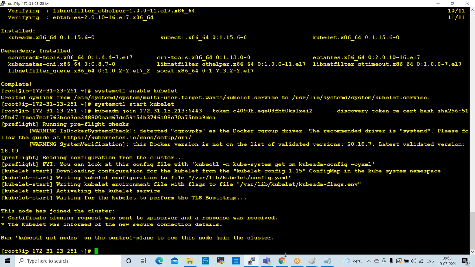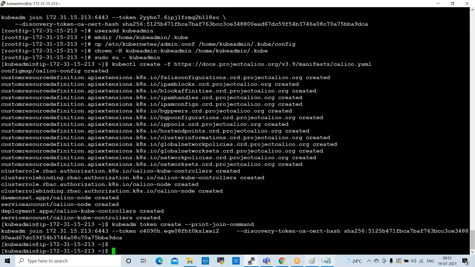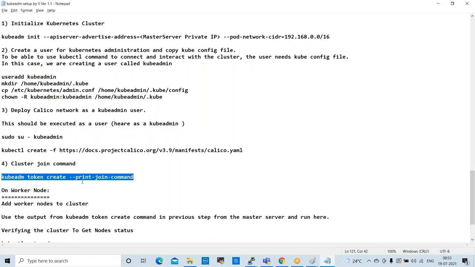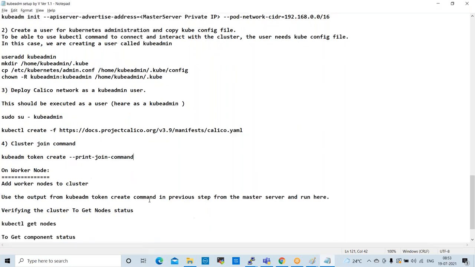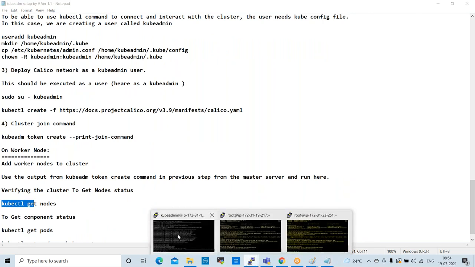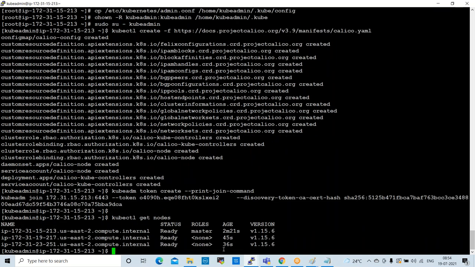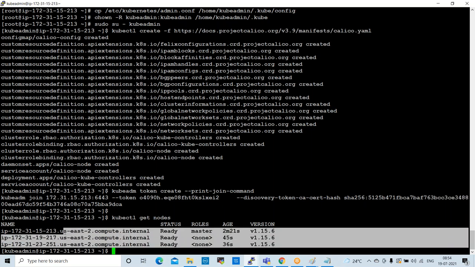Right? Now, yeah, our cluster is configured. So when we execute this command, it generated one more command that we can execute on worker servers, node servers. Now our cluster is ready. So now if you check this command, kubectl get nodes, on master server, kubectl get nodes. See here, our cluster is ready. So this is master server. These are the node servers. So cluster is ready, right?